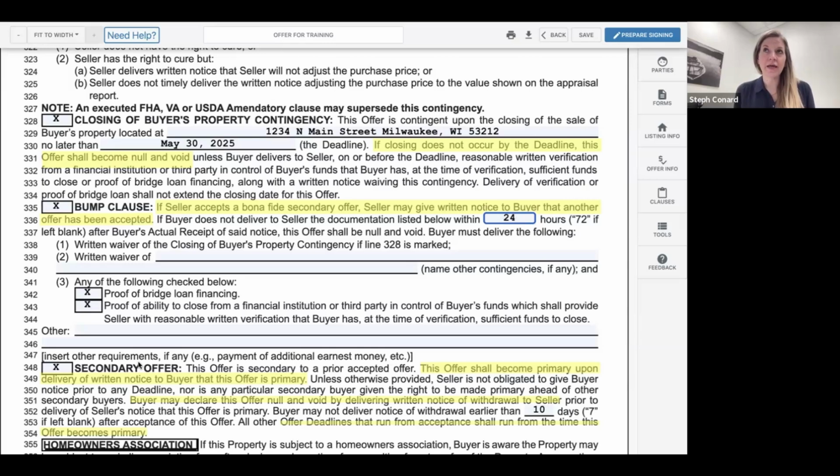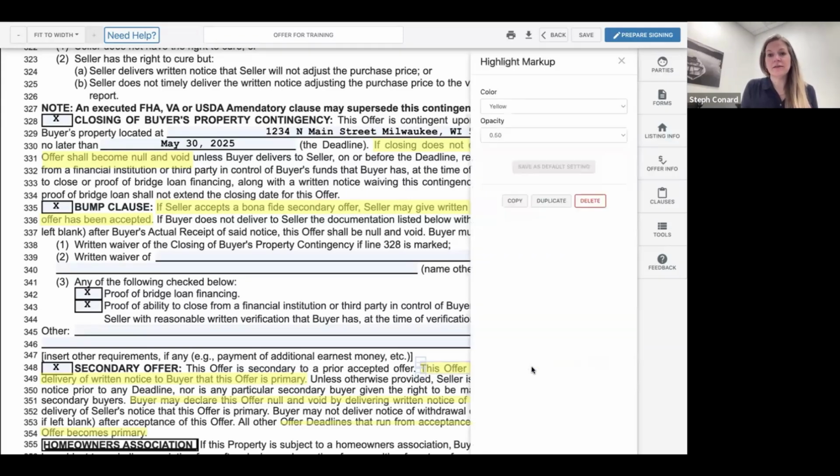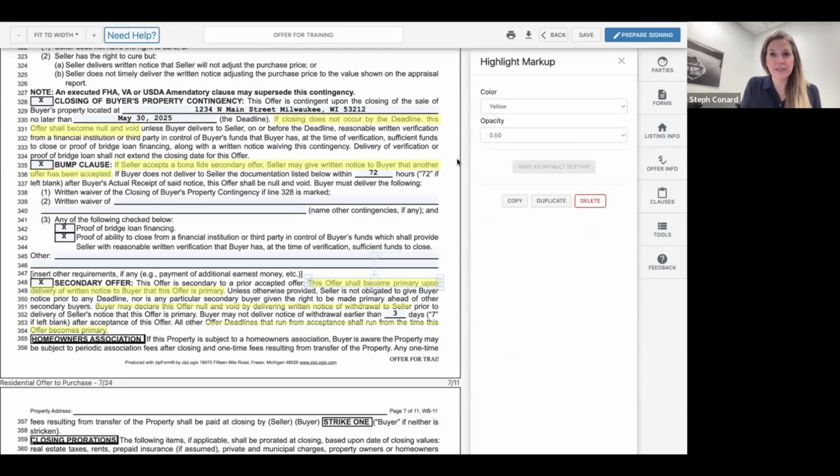The one thing that a listing agent now might negotiate for that secondary offer is to make sure that this deadline here, this 24 hours, is matched down here. So let's say this read 72 hours, and the first buyer had 72 hours to lift their home close contingency. We're going to want to make sure in that secondary offer that this is at least 3 days to put our sellers in the best position possible, because if this was lower,